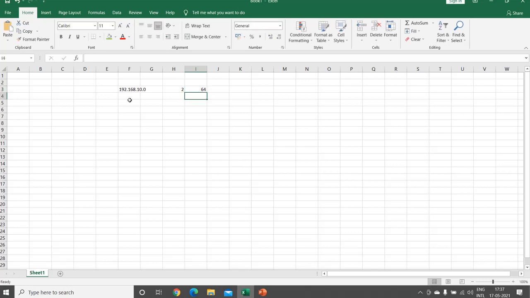We just subtracted from 256 and finally we got 64. So now we need to build the subnet table. First thing is subnet ID, starting IP, end IP, broadcast IP.